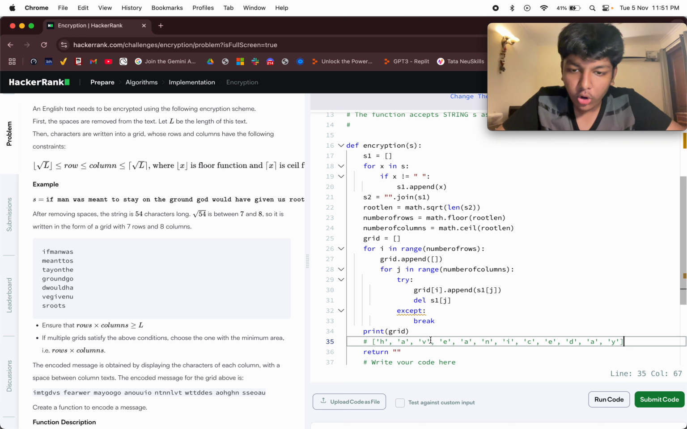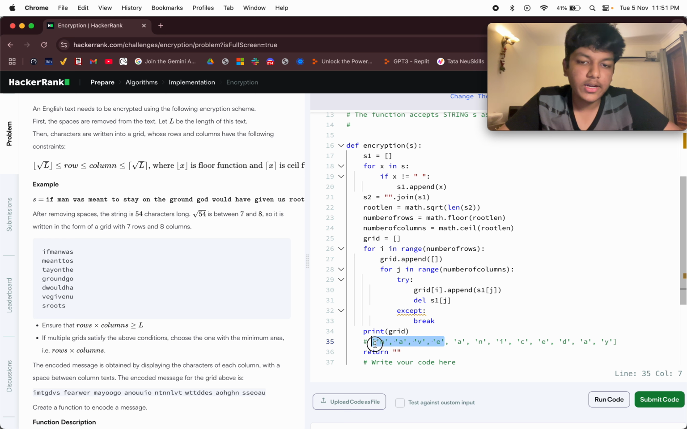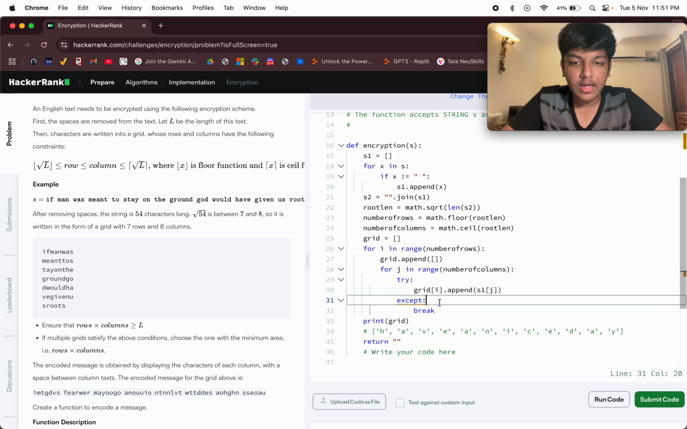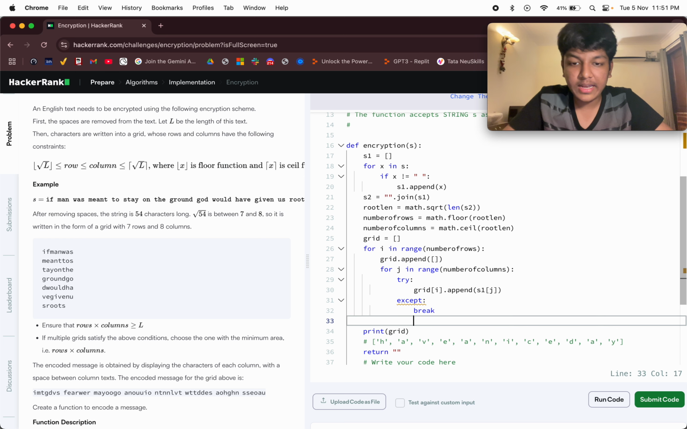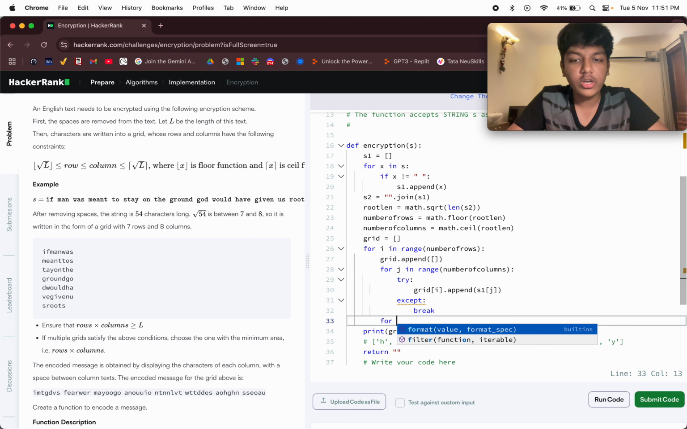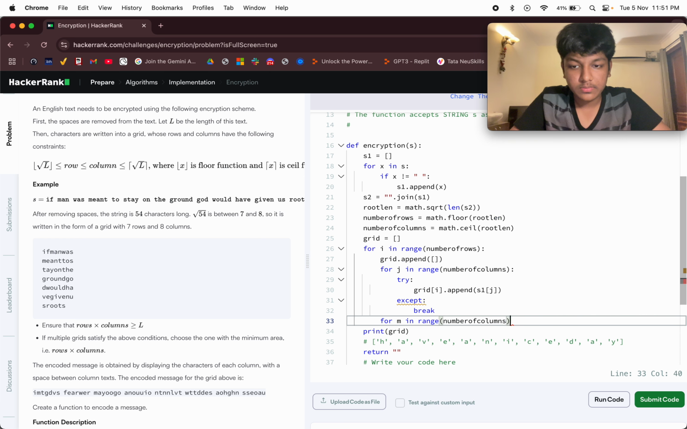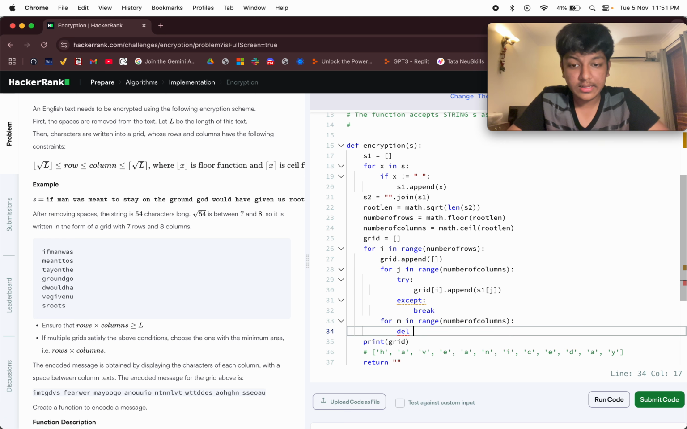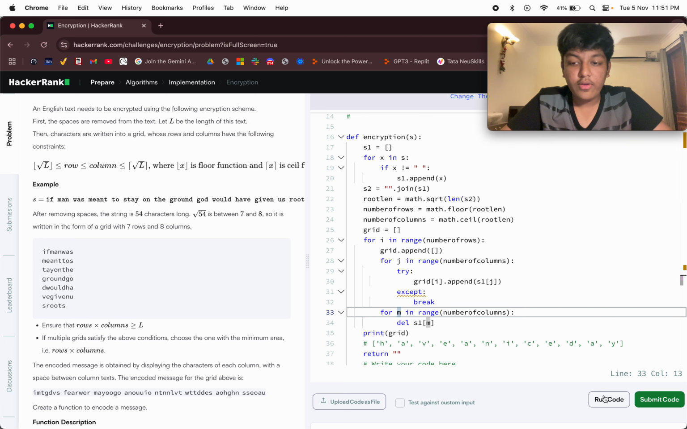Now next, what I thought is, I add these 4 characters and then I remove them, then I add the next 4 characters and then I remove them. So what I tried is, after looping and adding all the characters, I said for m in range number of columns, delete s1 m. Okay, so if I run the code,